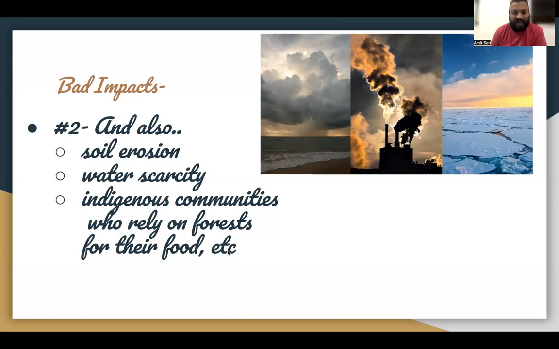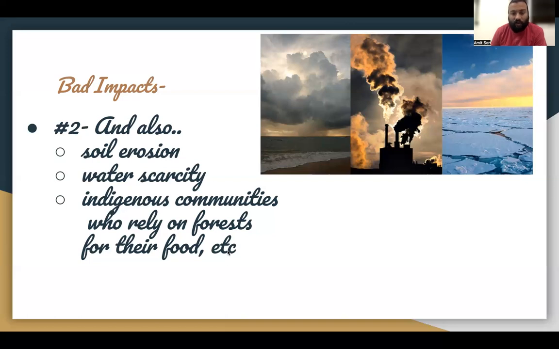So it's basically the Earth's average surface temperature, which is caused by human activities, particularly like I talked about, burning of fossil fuels, such as coal or oil or gas, and indirectly they release greenhouse gases into the